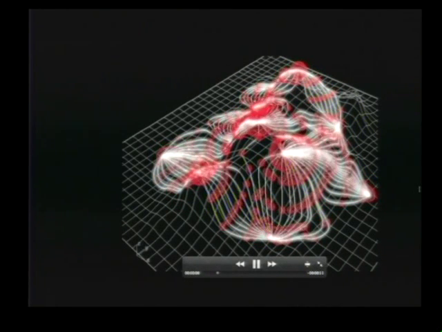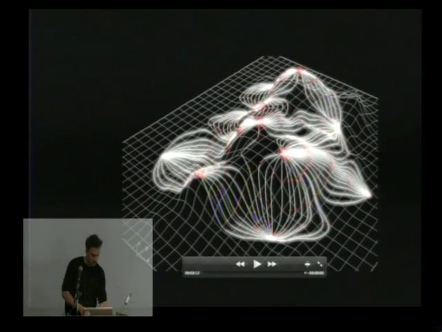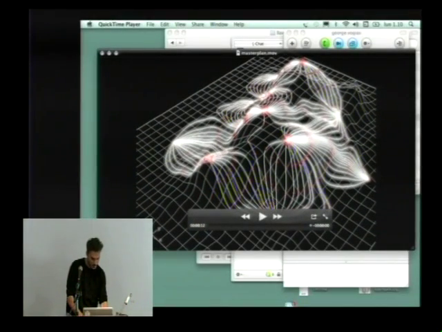So this is the first video. You see that the magnetic field is the basic spatial diagram, and then this accretion happens according to the position in three-dimensional space of the points on the lines.